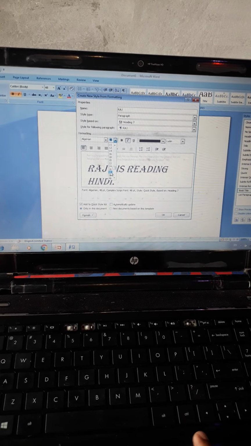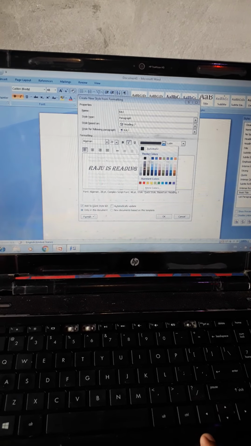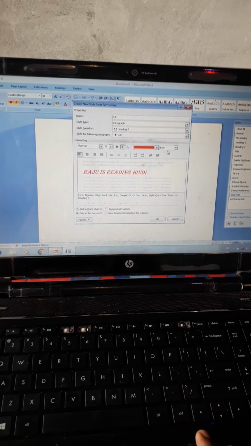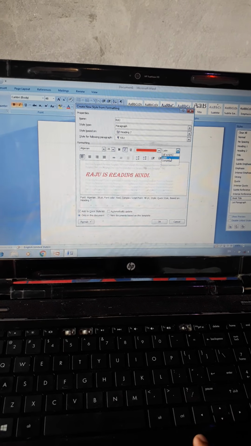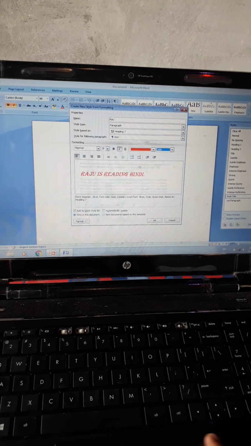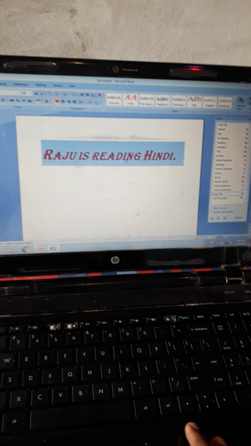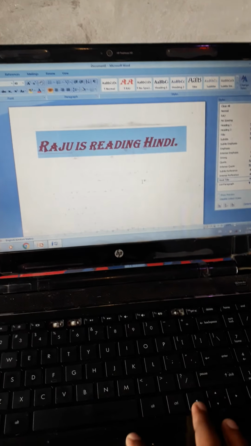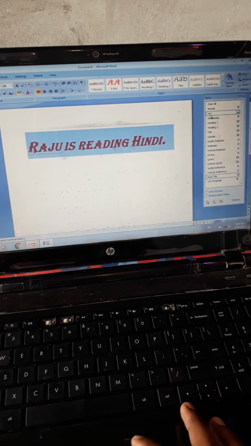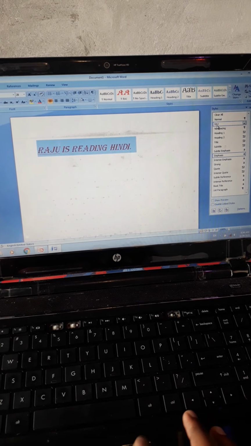Whatever you select, these will apply. And also font color, so I'm going to select red, and also which type, Latin or complex, so Latin, and also I'm going to click on the OK option. So you will see the changes, and you can see that our style is created here. You can see simply in Simply Word.